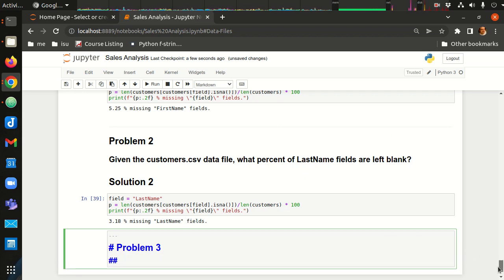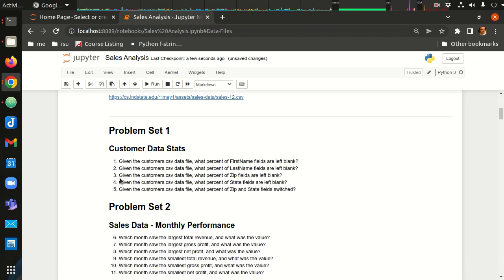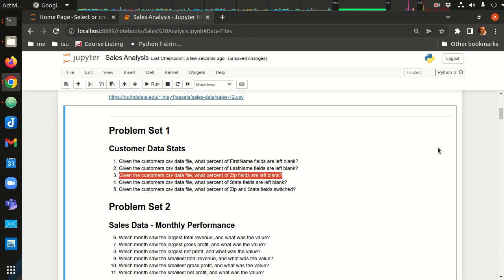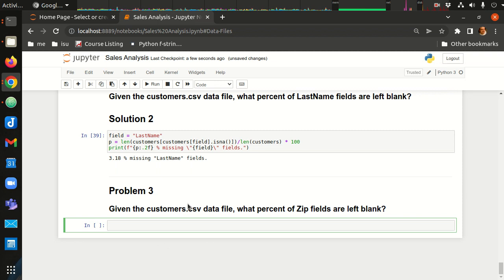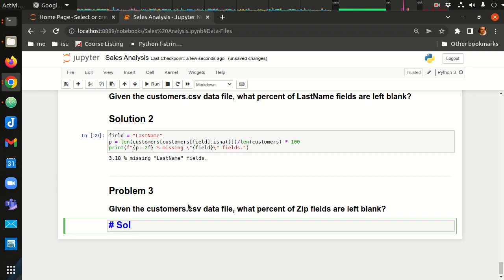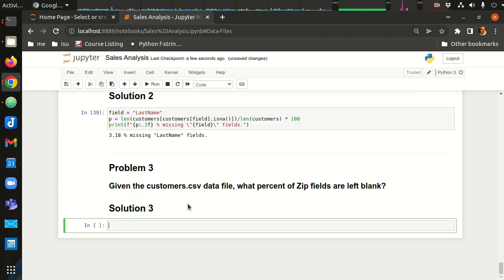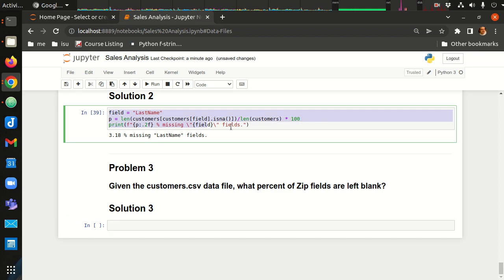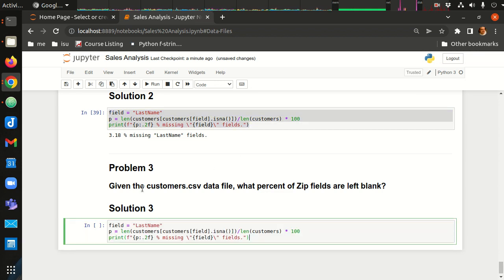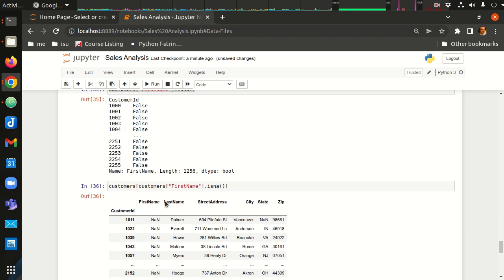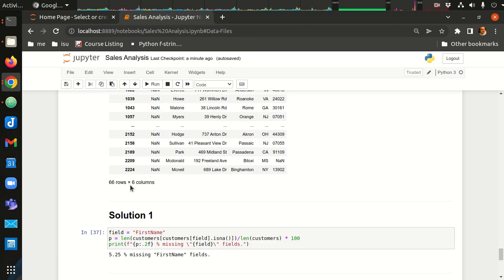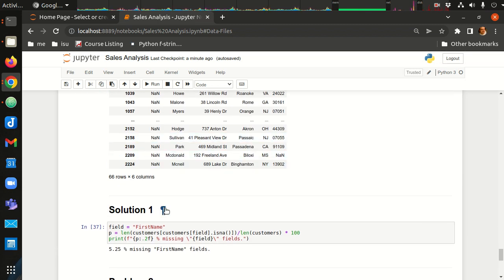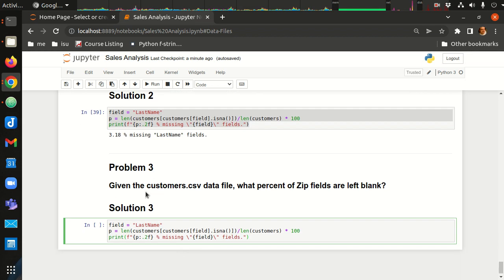Let's find the problem. Number 3. Copy. Paste. That's the problem. We already know how to get to the solution. So escape, M, enter, solution 3. Shift enter. Copy and paste this. So you want to make sure you label things really well, because you will have long periods of code where, see how we've got all this work that we're doing in here, and then for whoever's reading our document, we want to go ahead and say, okay, now here's the solution. So problem 3, solution 3,